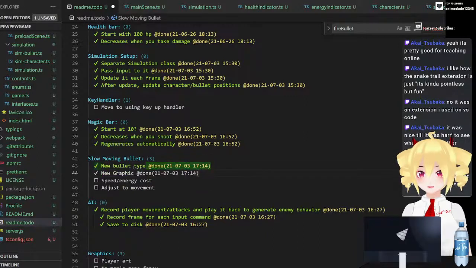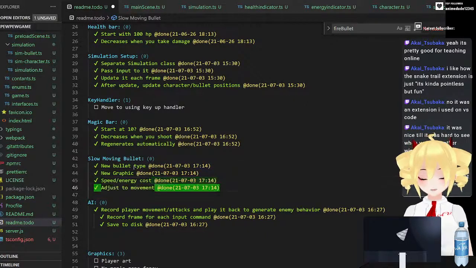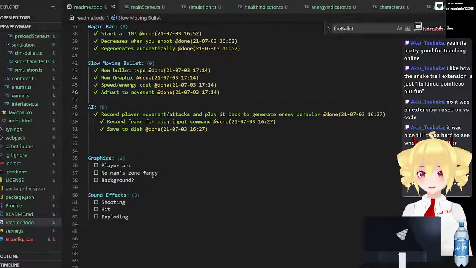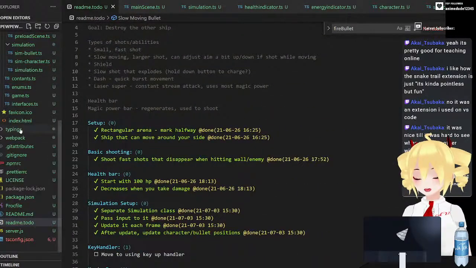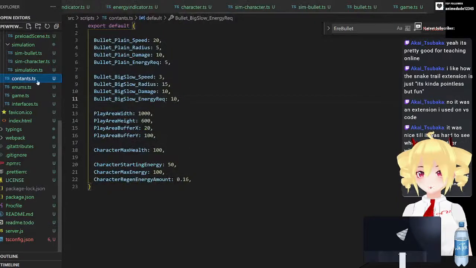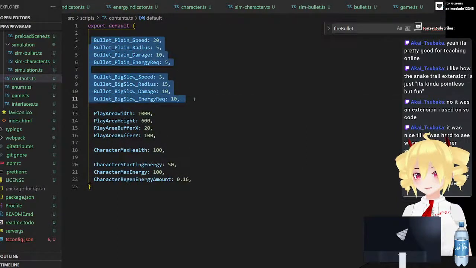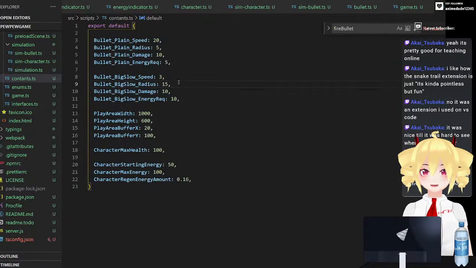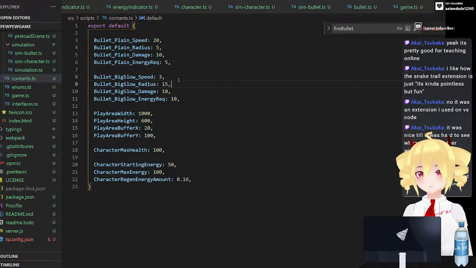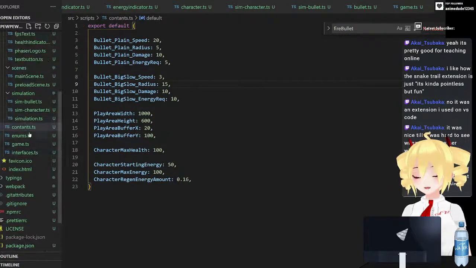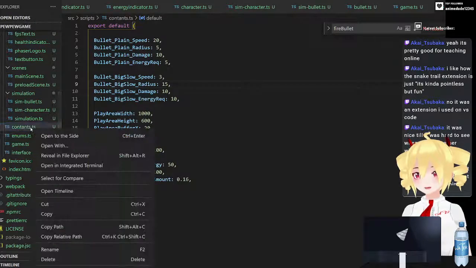So I made a new bullet. We changed the graphic, speed, energy, and adjust movement. Okay, we did all that cool stuff. I think I want to go ahead and make my bullet definitions a little more like this. This is stupid, right? I can't do this. That's too bad. So let's make a new file